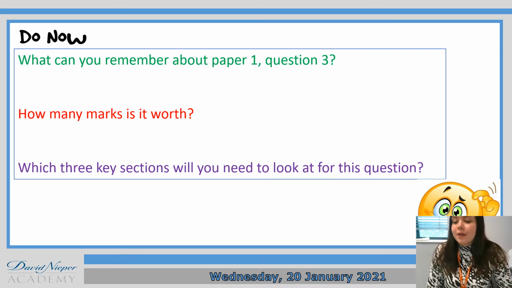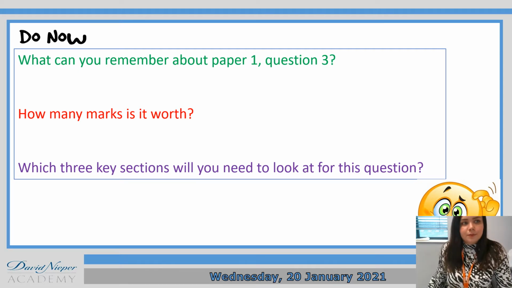So to start off with, a quick recap of what we looked at last week. So give yourself 5 minutes to have a go at these questions in your book. So what can you remember about paper 1 question 3? How many marks is it worth, and which 3 key sections will you need to look at for this question? So 5 minutes to answer these questions, then move on to the next slide so you can listen to the